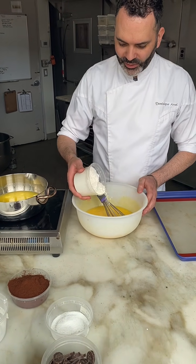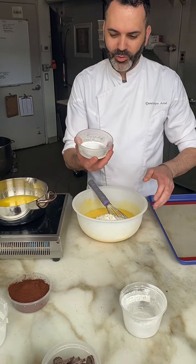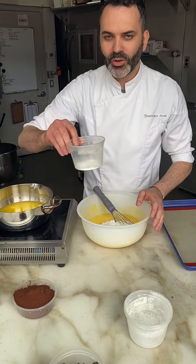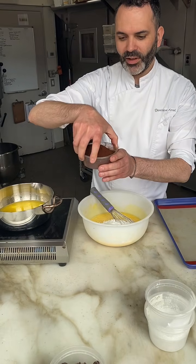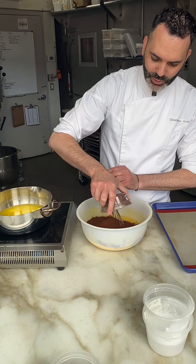230 grams of flour, and then here I have 6 grams of salt, 8 grams of baking powder, and 140 grams of cocoa powder. So I'll put all the dries together,